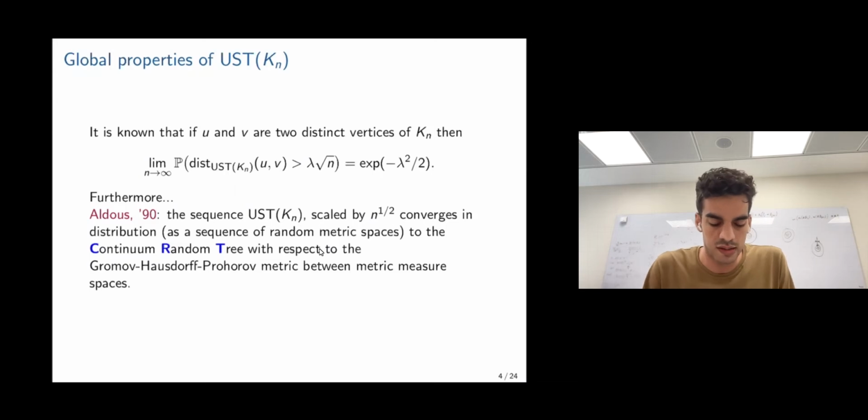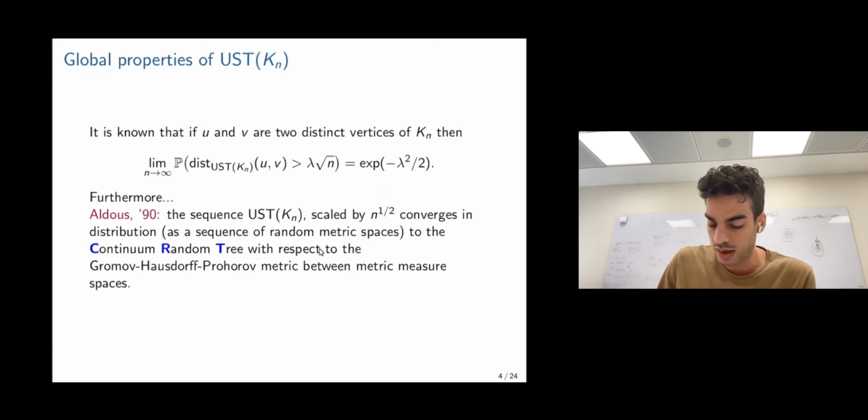So Aldous in 1990, he showed that if you take this sequence of USTs of Kn, you view them as random metric spaces equipped with a measure, random metric measure spaces, and you scale the distances by square root n, then this sequence of random spaces, they converge in distribution with respect to the Gromov-Hausdorff-Prokhorov metric, GHP, which is a metric between metric measure spaces, to an object called the CRT, or the Brownian CRT, or Aldous' Brownian CRT. These are all the